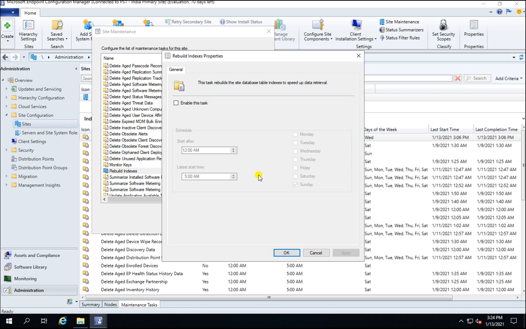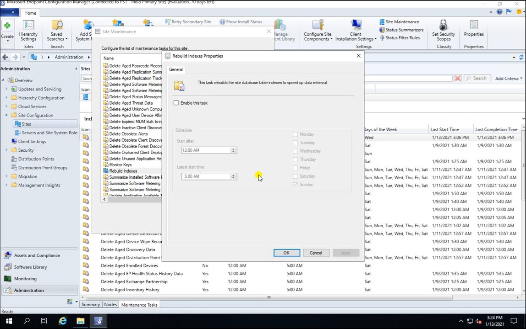Suppose your tables got corrupted, or data is not feeding, or there is a problem feeding the data into the SQL tables, so you need to rebuild that indexing. That comes under rebuild index.